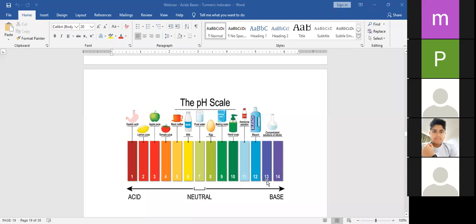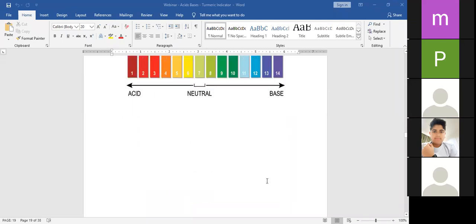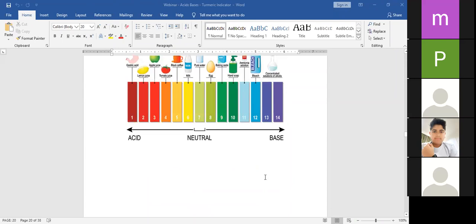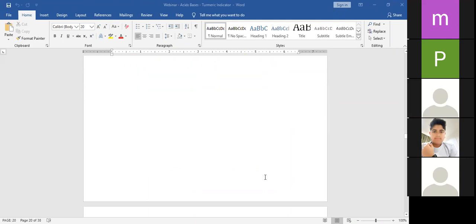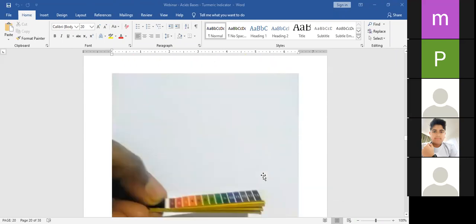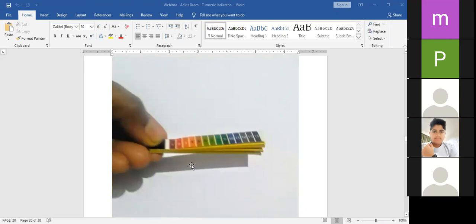So now, how does this pH scale actually look like? I've shown a sample of that. Maybe later on, if you sign up for more activities, we can give you these booklets and you can try them out. But that's a later thing. As of now, I'm just showing you this booklet. This is how a pH booklet looks like. At the top, you see the scale. Along with the color, you can see the numbers. If it is 7, it is neutral. Below 7 is all acidic, and above 7, it's all basic.